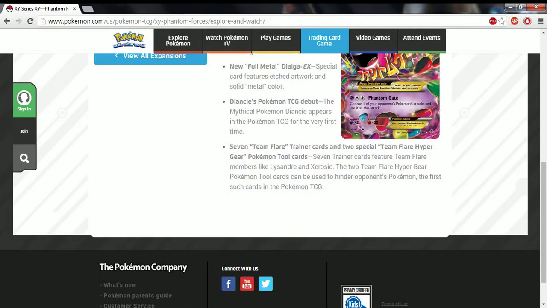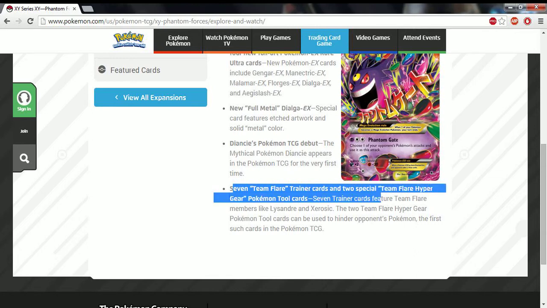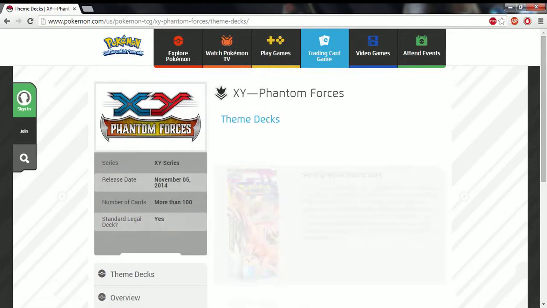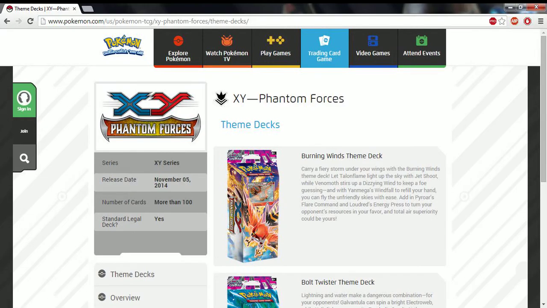That should cover it, I mean, it's right there: Diancie's TCG debut, Team Flare trainer cards, Hyper Gear tool cards. Some of the cards, I really haven't gotten to look too deep into, because only a handful of the cards you can actually look at in English. You can look at all of them in Japanese, or Chinese, I think it's Japanese, but I don't know how to read that, so I can only look at the artwork. But it comes with two theme decks,